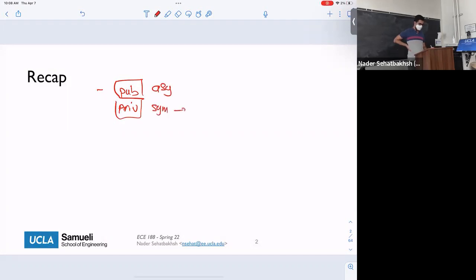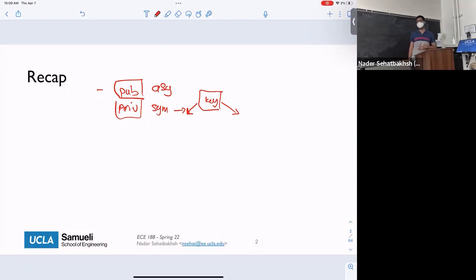And we mainly talked about the symmetric one, the private key encryption mechanism. We said that essentially there is one key that is shared between two parties, the sender and receiver, Alice and Bob, or whatever you want to call them. And the goal is using this key, with everything else open and public,